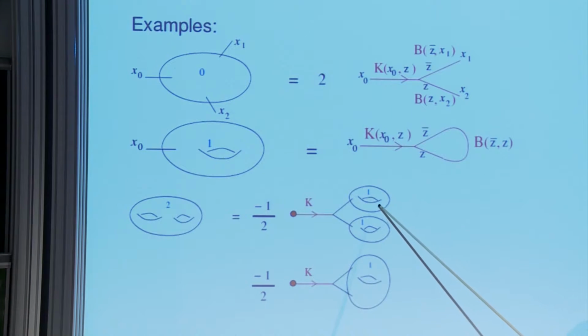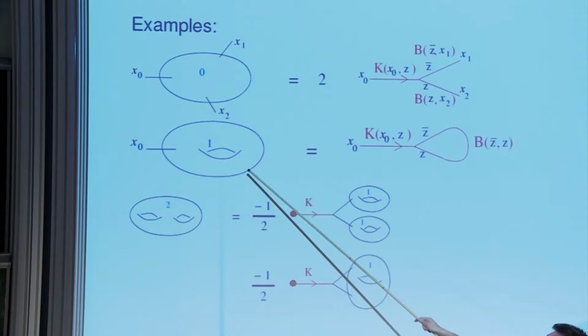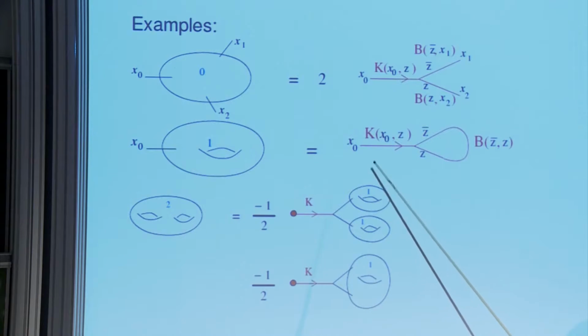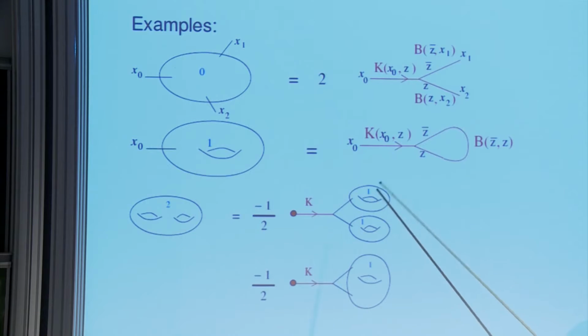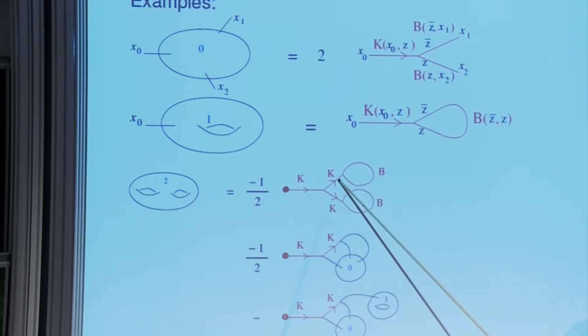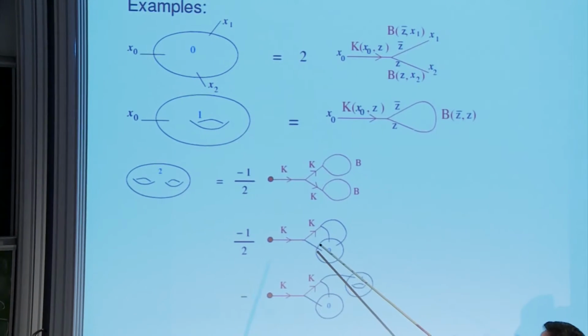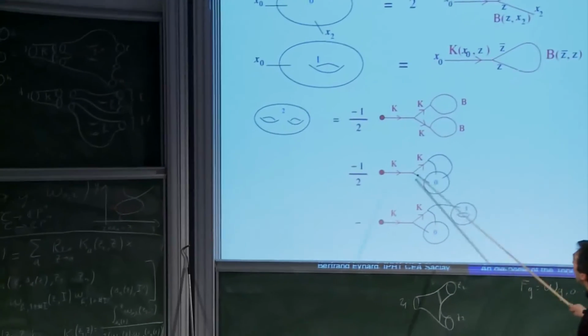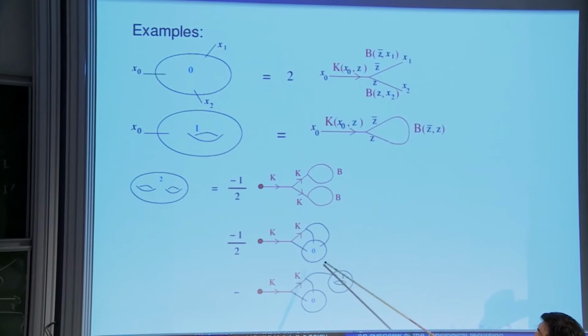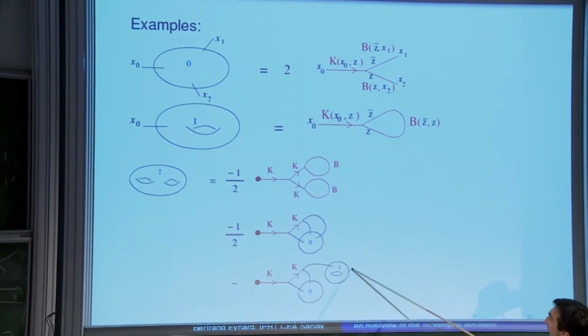But this one, the omega 1,1, we have already computed here. So let's replace this omega 1,1 by this graph here. And for this one, omega 1,2, it shall be computed by the recursion. So the omega 1,1, I have replaced by that graph. And the omega 1,2, I used the recursion again. So this introduces another k. And then you have here omega 0,3, and here you have omega 0,2 and the omega 1,1.